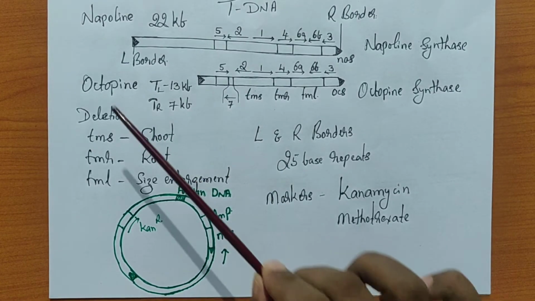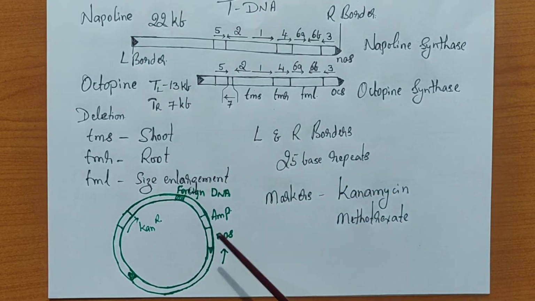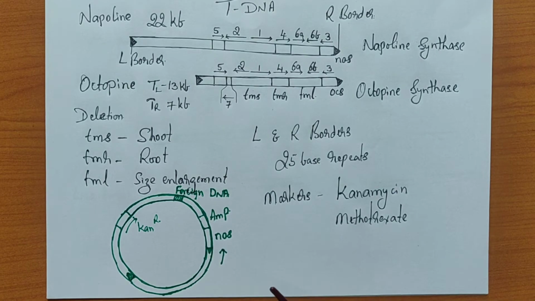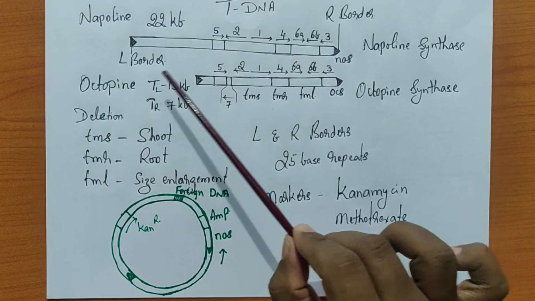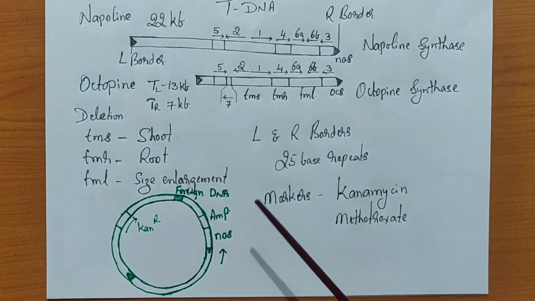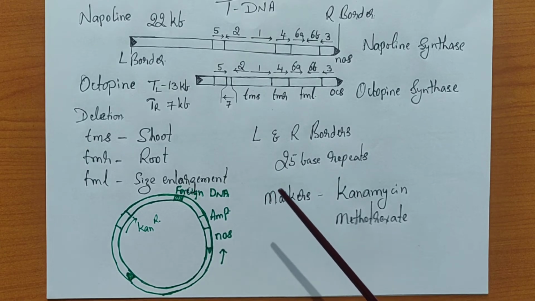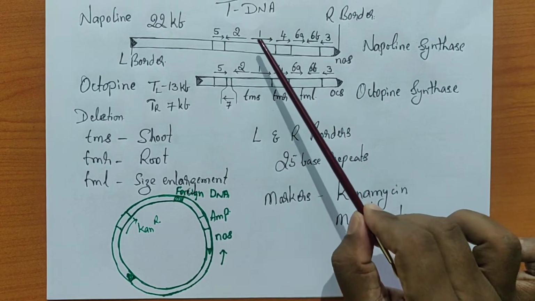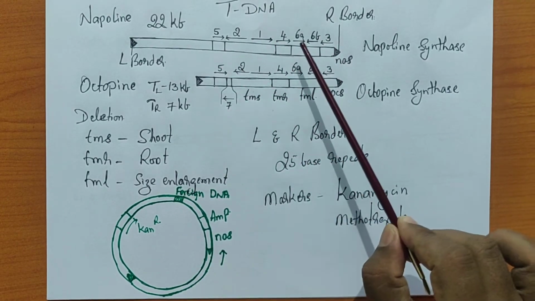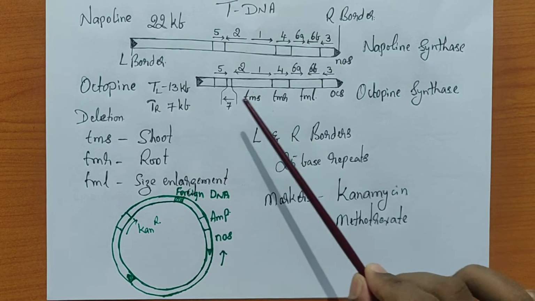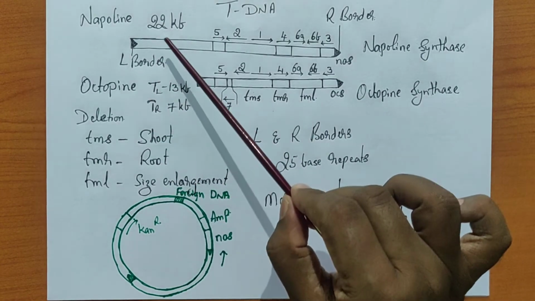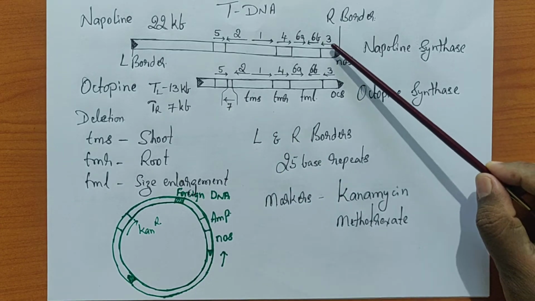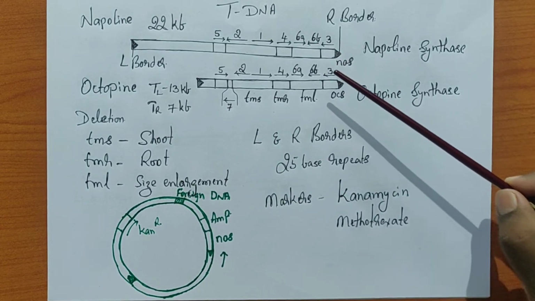Probably we were discussing the complete characterization of the tDNA, and based on the northern hybridizations, they have characterized that this specific tDNA has got 8 transcripts. I think based on the characterization they call these 1, 2, 3, 4, 5, 6A, 6B. And in the case of octopine there is a difference because it has got an additional 7, and the 3 of this and this are totally different in fact.